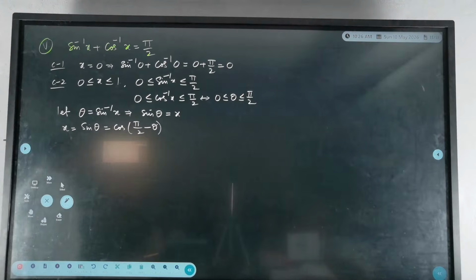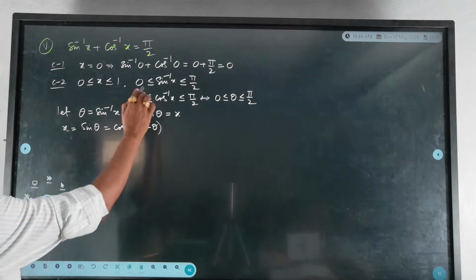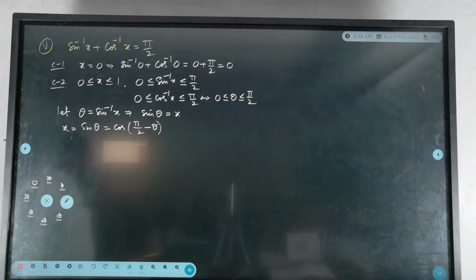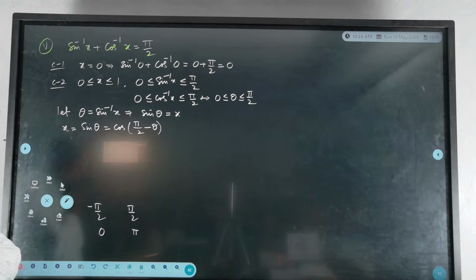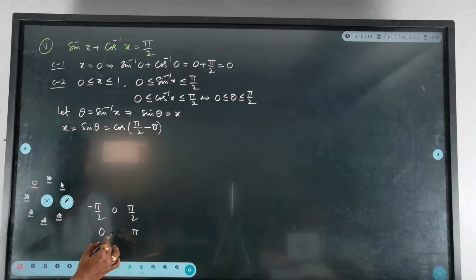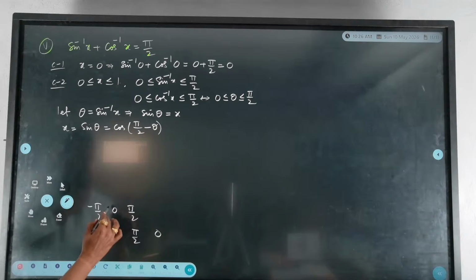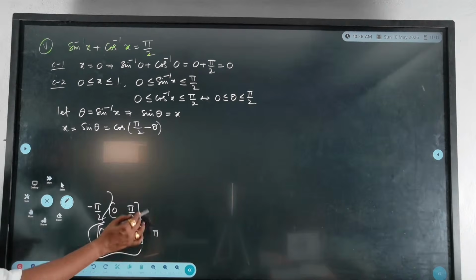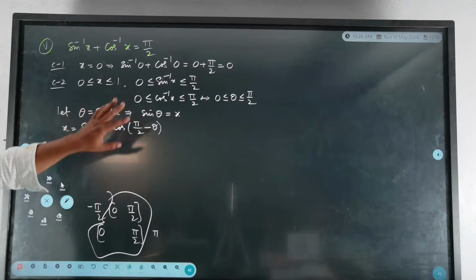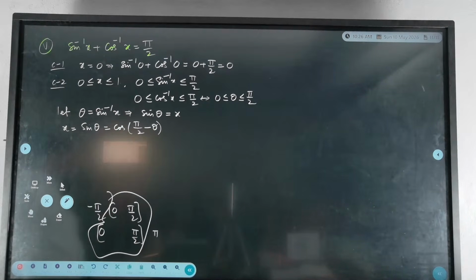Now what do we have to check? For theta from 0 to pi by 2, it is very clear: for sin it is -pi by 2 to pi by 2, and for cos it is 0 to pi. In between, 0 and pi by 2 are included. So 0 to pi by 2 is the common area, so for both sin and cos it is possible, right? Now the thing is